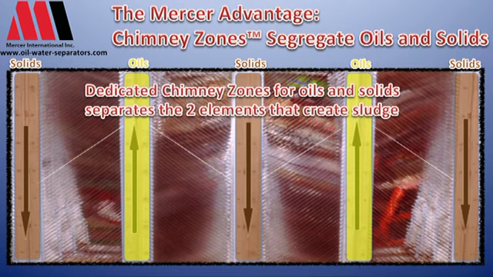Now, by having dedicated chimney zones, we keep the oils and solids apart. Remember, oil plus solids plus time equals sludge. So if we can keep them apart from each other and commingling and creating the sludge, we can go longer runs. So with the chimney zone, with the cross-flow design, with the flat plate design, we increase the time between